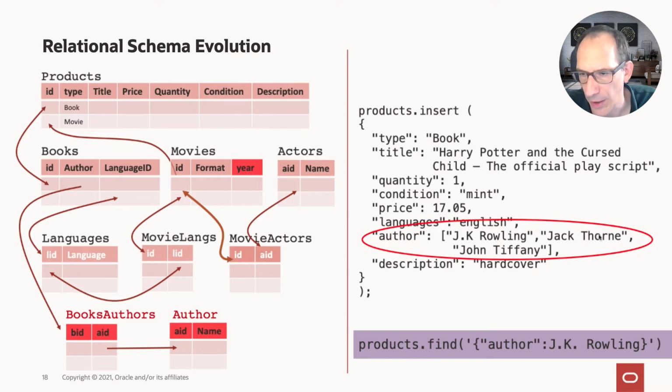And again, I don't have to touch my old documents. Some documents may still have author being one string, and my new documents have an array of strings. The nice part is that my query by example expression, where I'm looking for an author, works in both cases. Whether my search string is a scalar or an array, it's matched against every value inside the array, and if there's one hit, it will select this entire document.